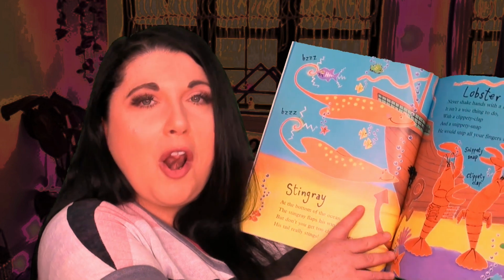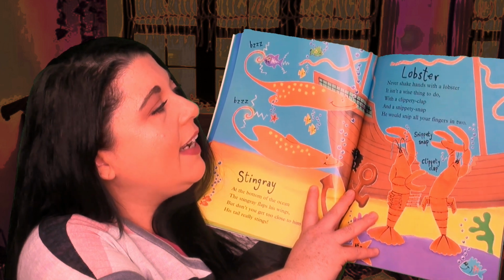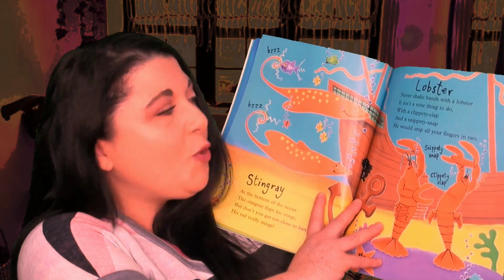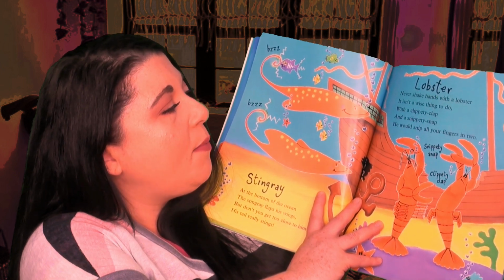Next is the lobster. Never shake hands with a lobster. It isn't a wise thing to do. With a clippity clap and a snippety snap, he could snip all your fingers